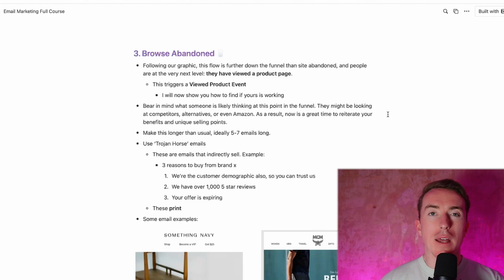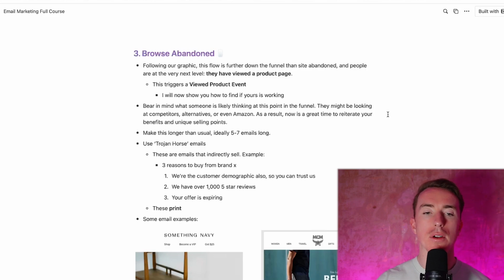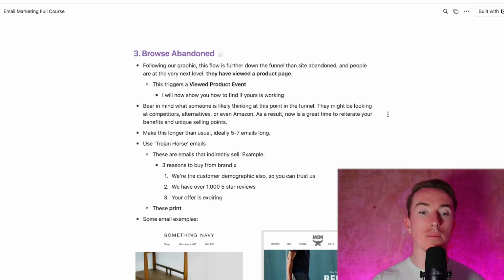Just go into the metrics section of your account, and that will show you that this is nice and healthy and functioning. And from here, we want to be bearing in mind what someone is likely thinking at this point in the funnel. So they might be looking at competitors, looking at alternatives, or potentially even Amazon. And as a result, we want to reiterate our benefits and our unique selling points here as much as we can. So we like to push this out to being a little bit longer, around 5 to 7 emails long,